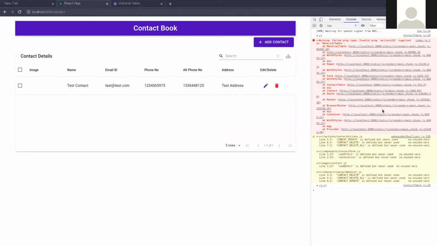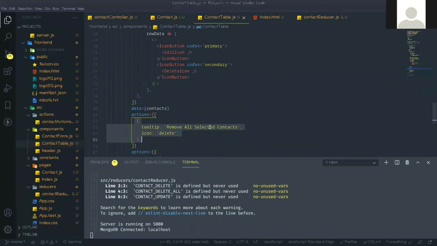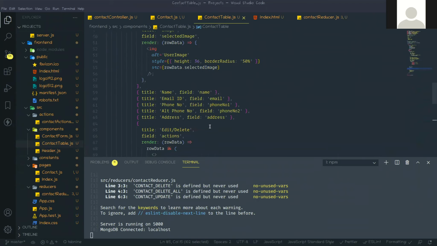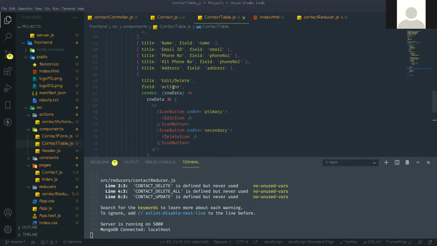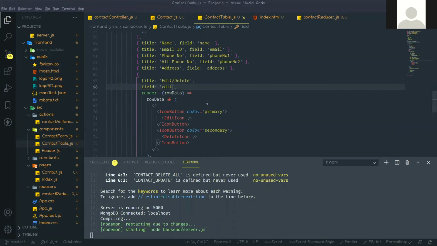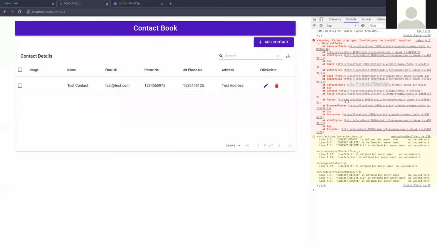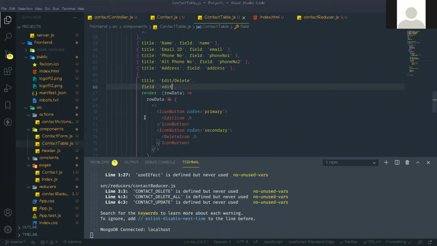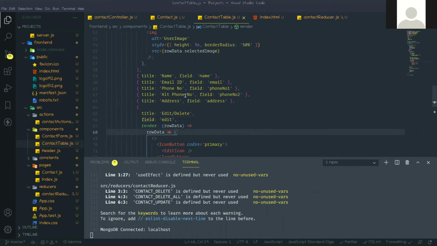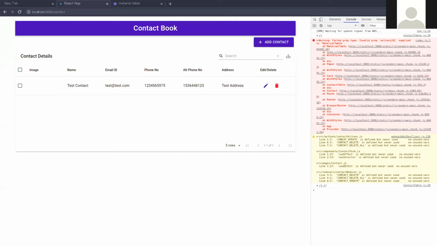Now check any. Okay, failed property actions should be 0. Okay, this thing I will check later. So that visible part is done. So this is done. Now we will move to our next feature, that is single delete.